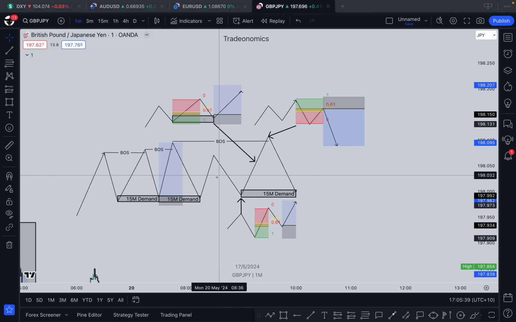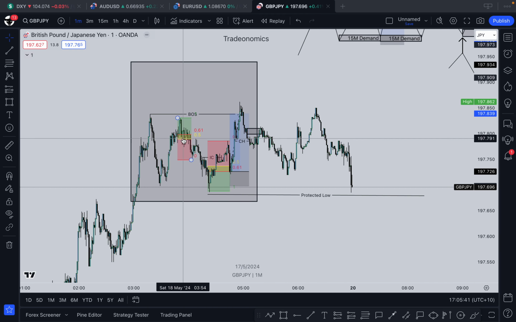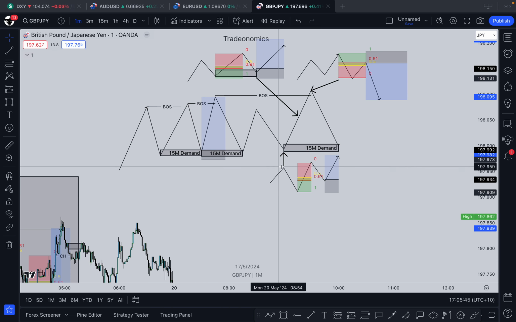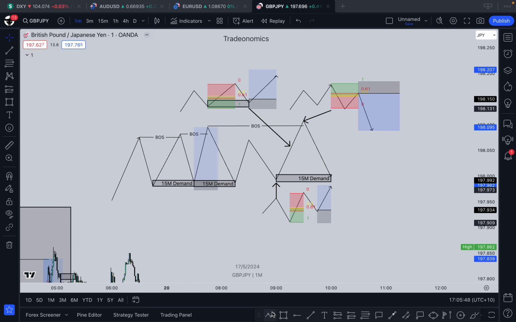Second one is something like this. So we had that on GJ the other day as well, and we'll go through that after we follow through this example. So what we have is price come down, respect a demand. You can definitely try and take a buy. I wouldn't blame you if you do. And then fail this high and come back down, right? We might even see something like this. So might come down like that, come down like that, still respecting this demand.